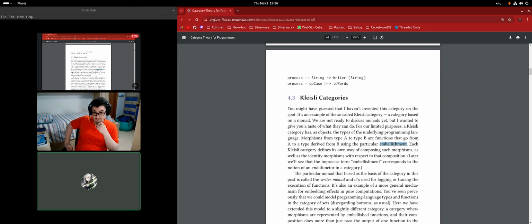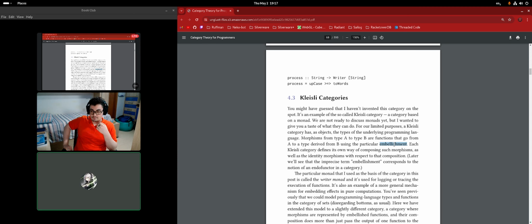But the composition operator for a Kleisli category preserves that wrapper, but it doesn't concern itself with it when you're just gluing functions together, right? Yes, that reminds me of the bind. Because you see, if you have an arrow from A to B, and an arrow from B to C, composing them gives you an arrow from A to C, right?